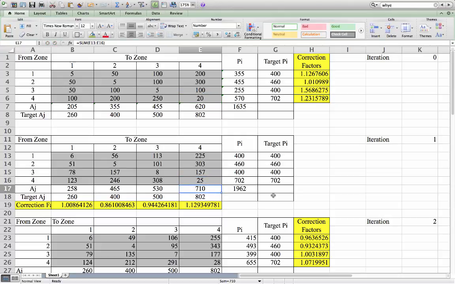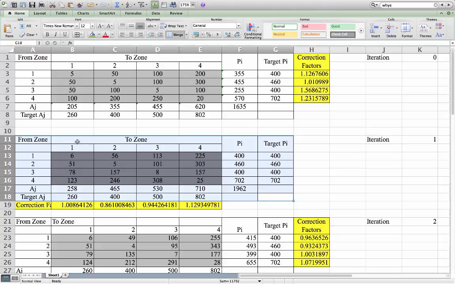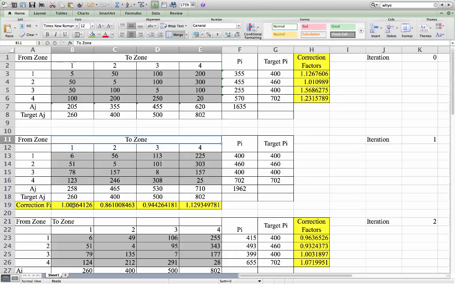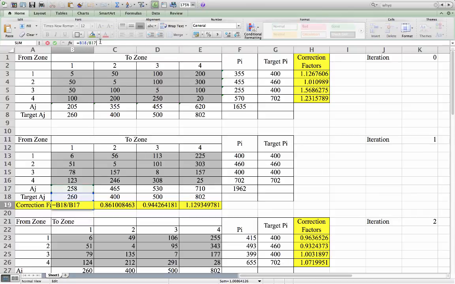Now that we have this second table of origin destination in the first iteration, we can now calculate a new set of growth factors, this time by looking at the attractions. So we calculate the growth factors using the attractions, very similar to the productions. This time we divide the target attractions by the attractions of the base year to get the new growth factors. Similar to this, it's the target Aj divided by Aj for that specific column. Now that we have the new